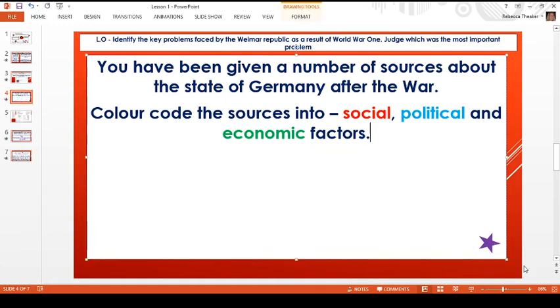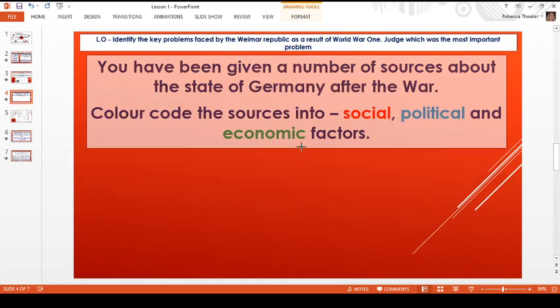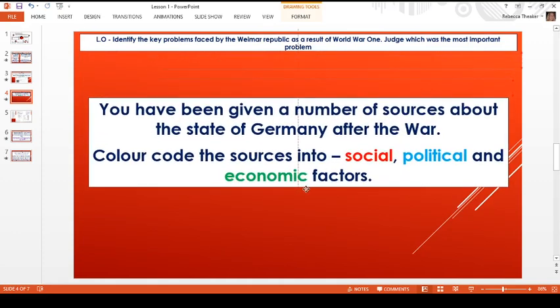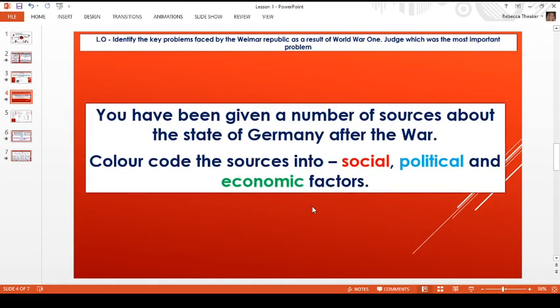The first thing that I want you to do, please, is I'm going to put this on the PowerPoint, but if you can't see it very well, I'm also going to send this sheet to you in an email as well. So you'll have 6 sources of information to read through, and I'm going to read through them with you in a second. Normally we would colour code these, but unless you can print this sheet off, which most of you won't be able to do,